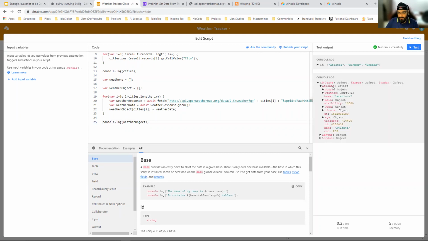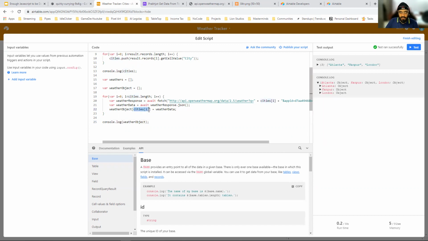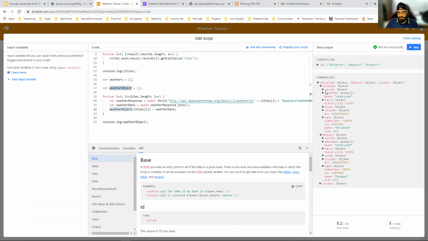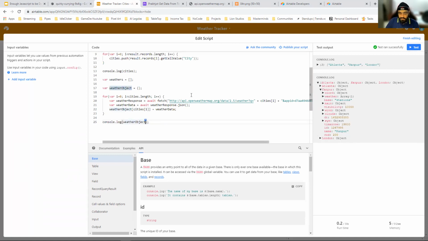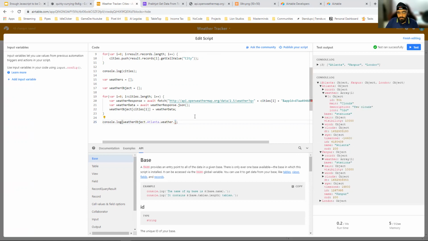So I know Atlanta data is here, Kanpur data is here, and London data is here. Cities of i evaluates to a string, so I create this dictionary on the fly, right? Atlanta is this. Awesome. So let's say I want the weather of Atlanta. I can say weatherObject.Atlanta.weather[0].